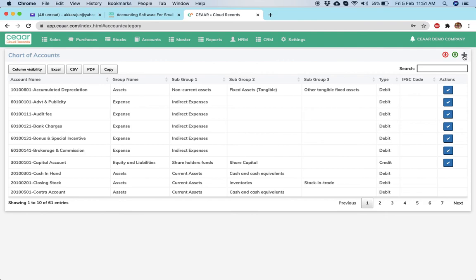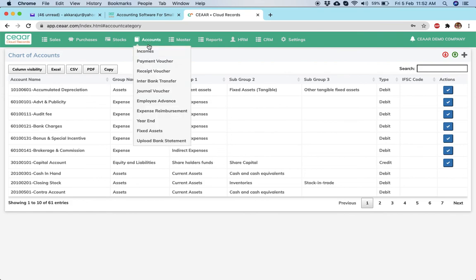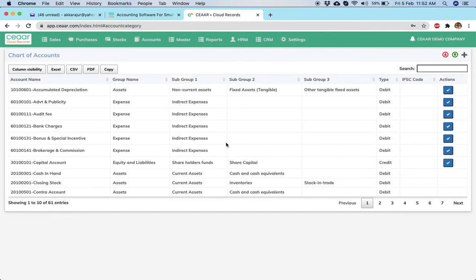There are separate videos available for that as well, on how to create new accounts. So once you are done with creating new accounts, and are okay with these ones, you can start posting payment vouchers, receipt vouchers, interbank transfers, and all those things.